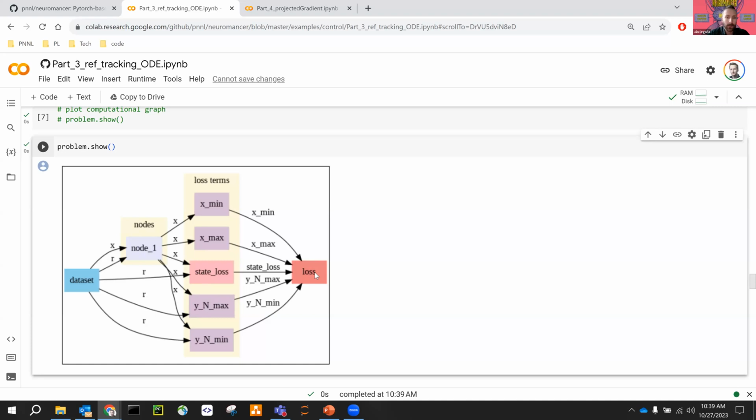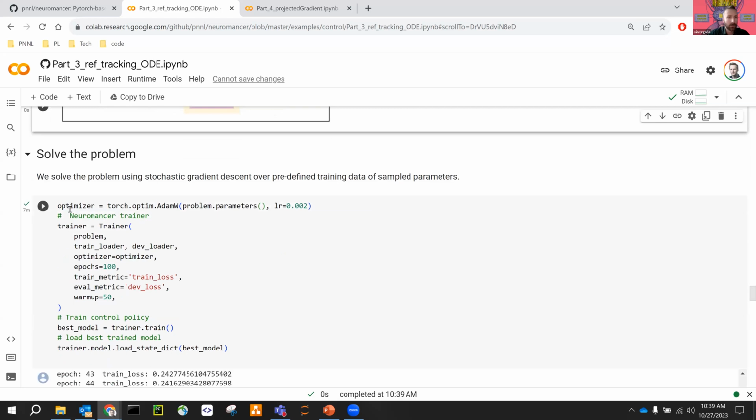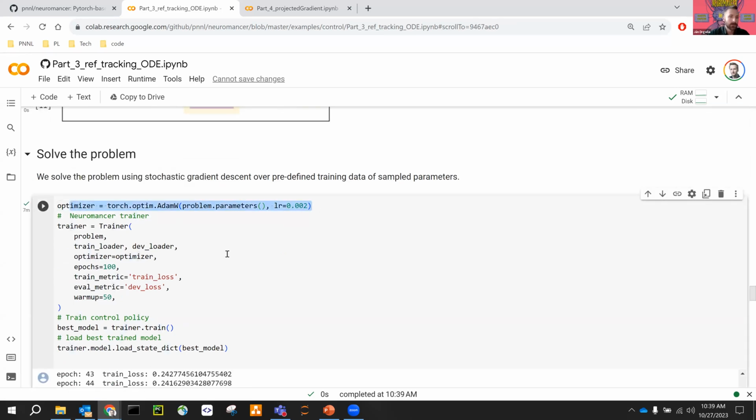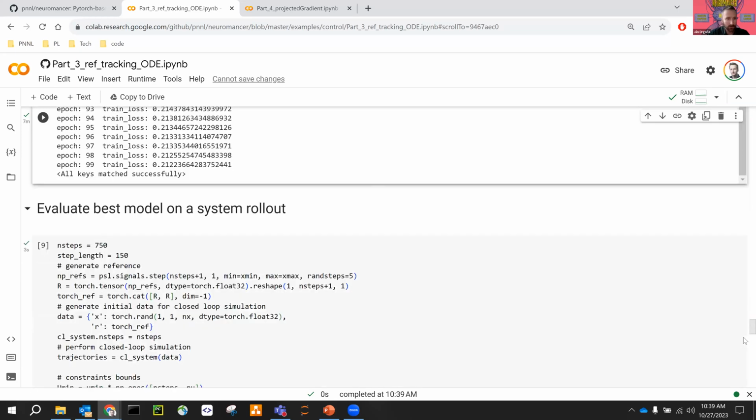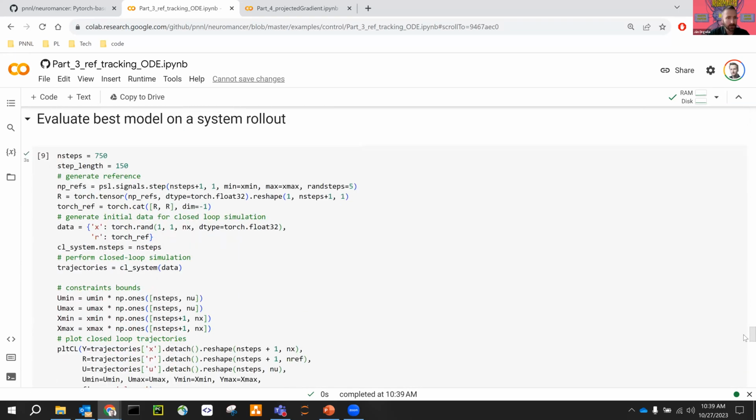PINN type penalty method loss function. And now I can backpropagate everything to optimize the trainable parameters in here. And using the same API again, standard stochastic gradient descent, exactly the same trainer and the same train method that I used in learning to optimize and PDE training function. So it will converge after some steps,